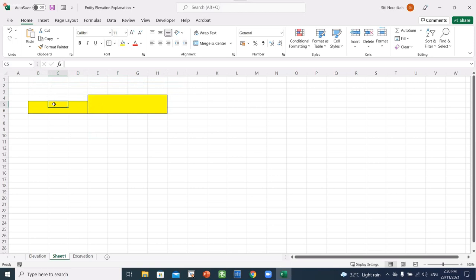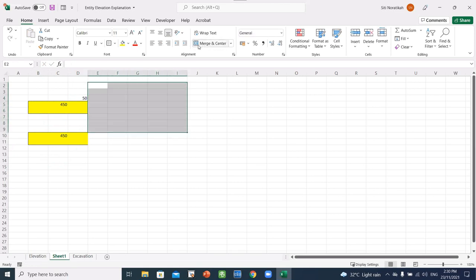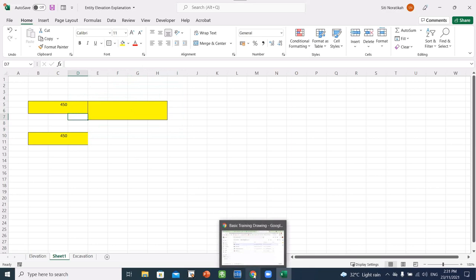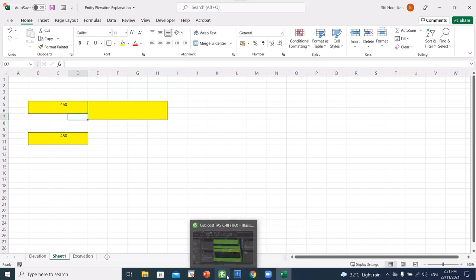Right now the height of this one is 450, and the height for this one is 500. So what is the difference here? It should be 50 mm, right? So how can we adjust this beam? Okay, right now, when we have already finished breaking the beam and adjusting the thickness of the beam,